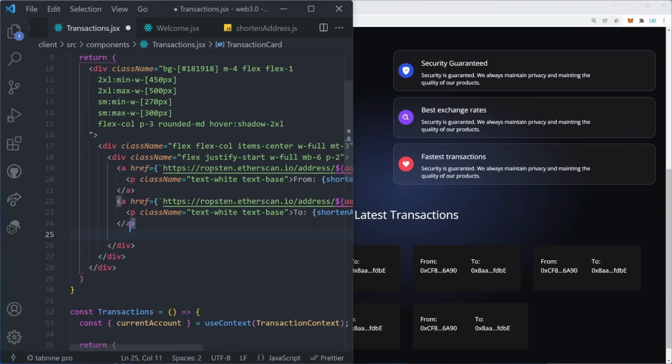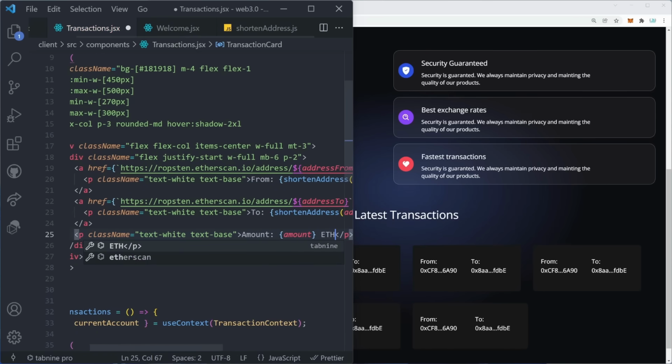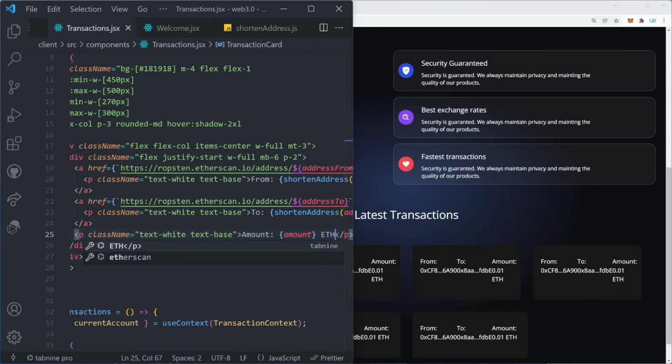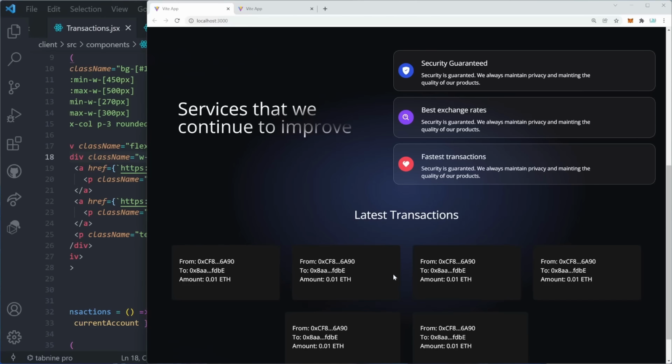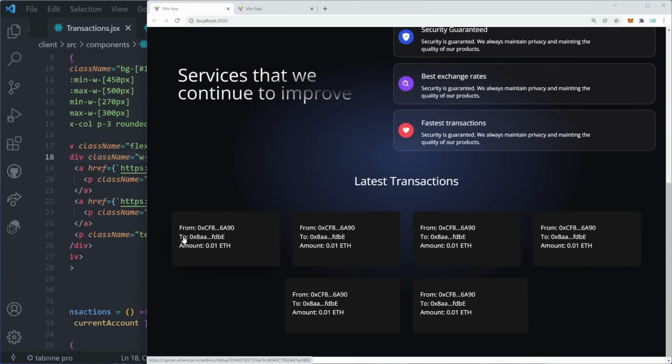Below that anchor tag, we can create a paragraph that's going to have a class name equal to text-white, text-base. And right here, we can render the amount is equal to amount of Ethereum. There we go. It looks like we don't need this to be a flex container at all. We simply need to have a full width. So you can simply remove the flex and justify start from here. There we go. And now we have the from, the to, which are clickable, and also the amount of Ethereum